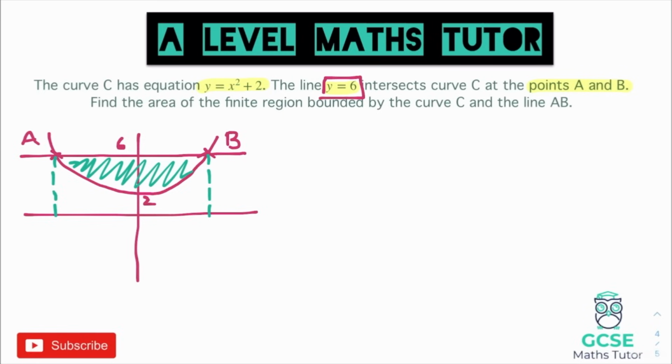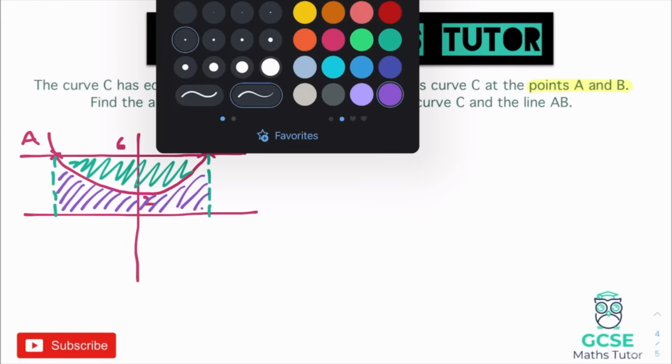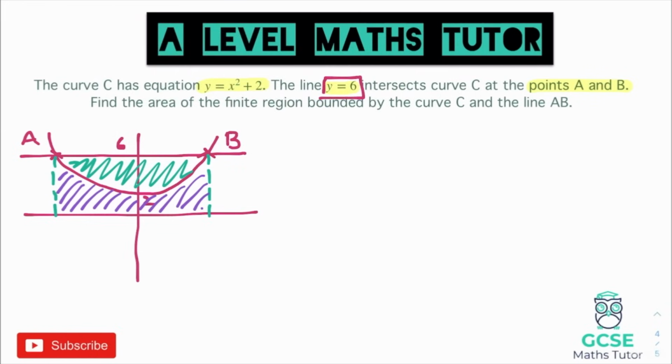And that is going to form a rectangle. Now if we were to work out the area of that rectangle and then subtract the area underneath the curve just here and over here, then that would just leave us with the shaded region that is bounded by the curve and the line. So to start with, we can take many multiple steps here, but I'm going to start